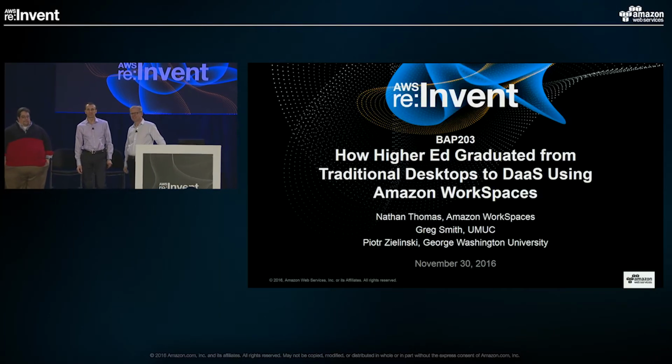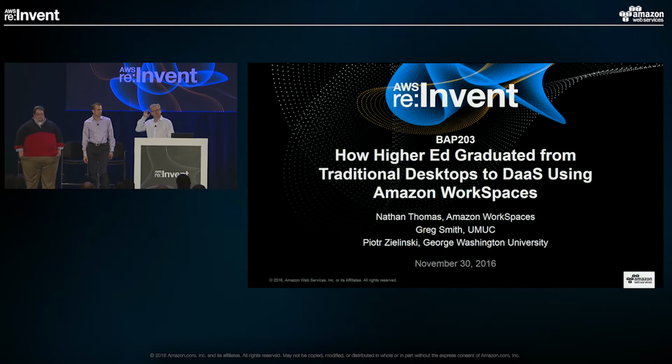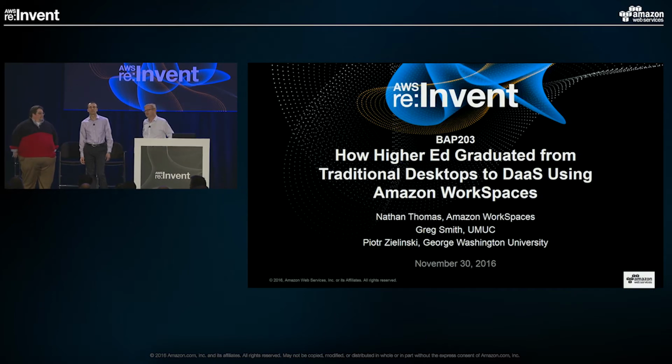I hope everybody got a chance to go see some of the keynote this morning, hear about some of the very exciting things that AWS is launching in the compute space and data analytics space and artificial intelligence. It's kind of an overwhelming amount of launches, so take a few days to digest and figure out how you're going to start to apply some of those launches.